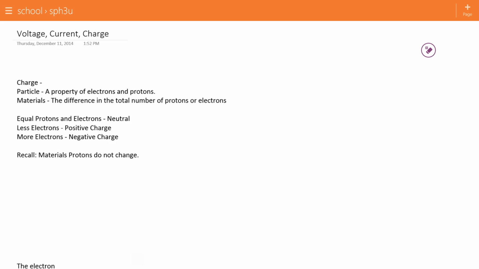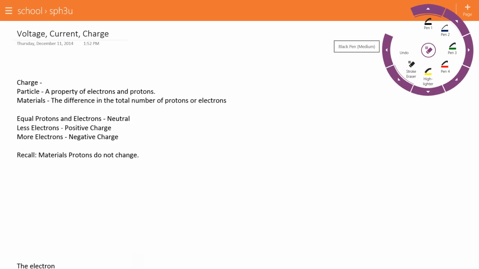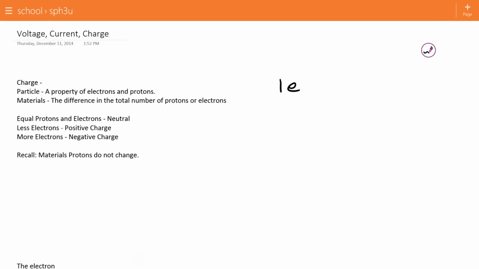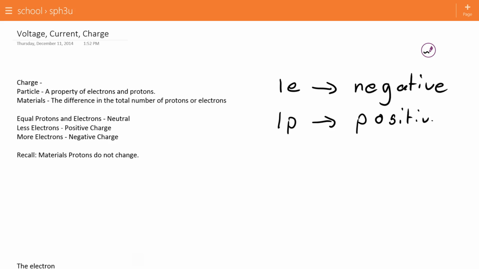An electron has a negative charge. A proton has a positive charge. The individual charges of an electron or proton are very small in comparison to the number of protons and electrons in an overall material. But if we consider an overall material,